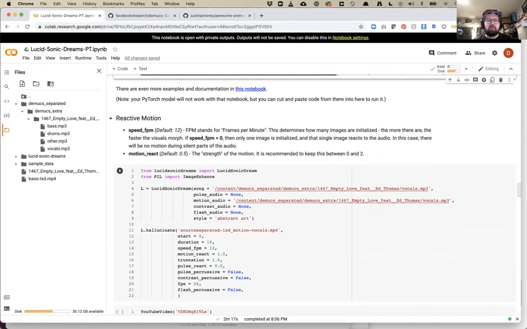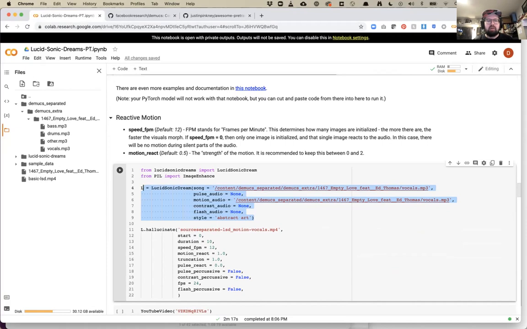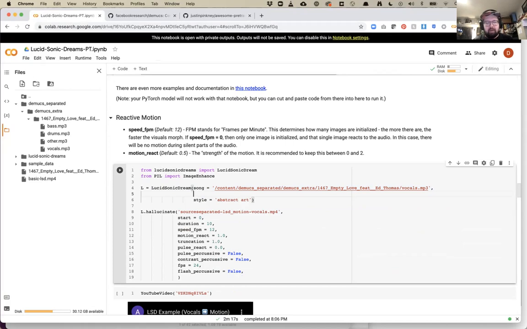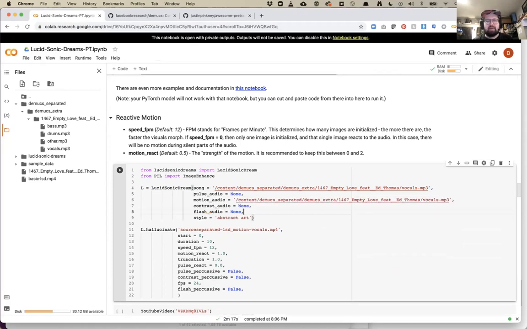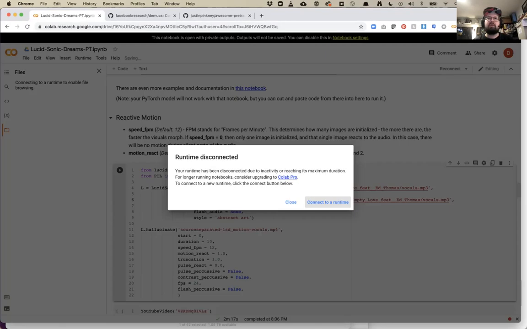The first thing we're going to do is change how we wrote this first command. Before, it was just this: we had a song and a style. Now instead we're going to pass in individual audio tracks. We don't want any pulse audio. For motion audio, we want it to track the vocals. So we can come over here and copy our path. If you don't have vocals in your song,